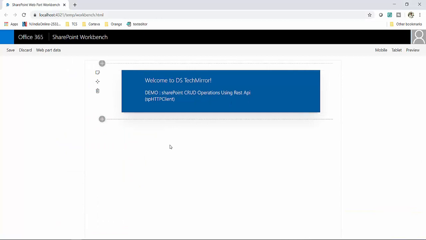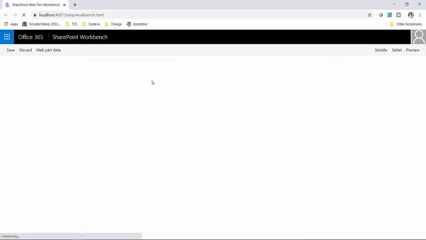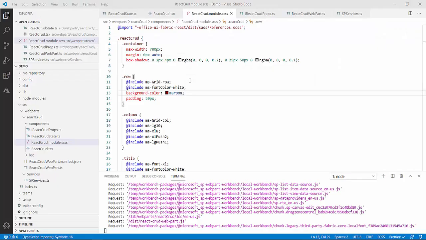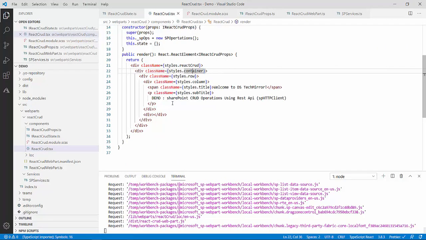So I'll go over here and it will get refreshed, and after changing this I will also apply some styling to my title and subtitle. See over here, now it is looking cool. I have got this color. So this is my title class which I already covered. Over here you can see this is title and this is subtitle.